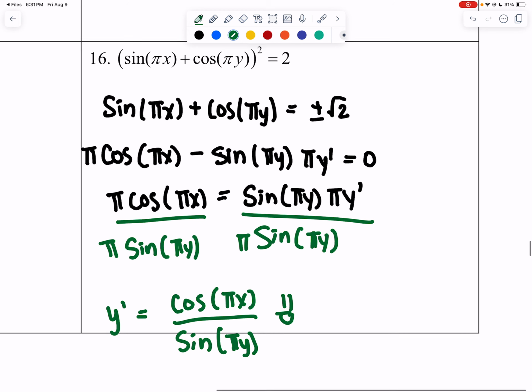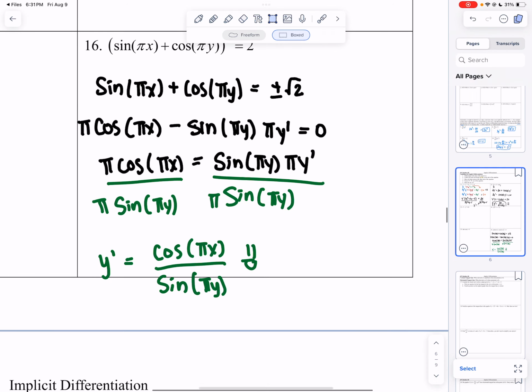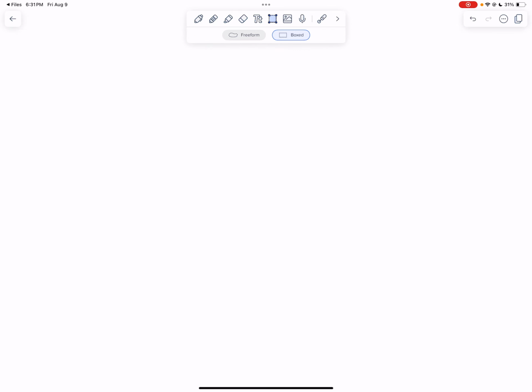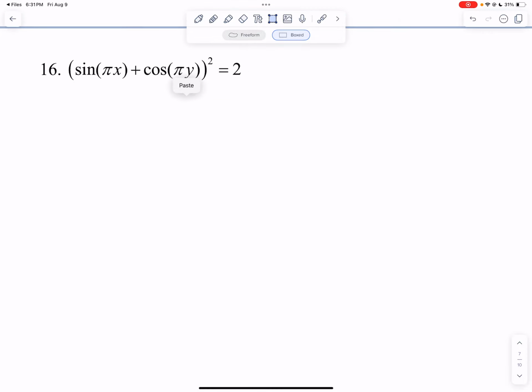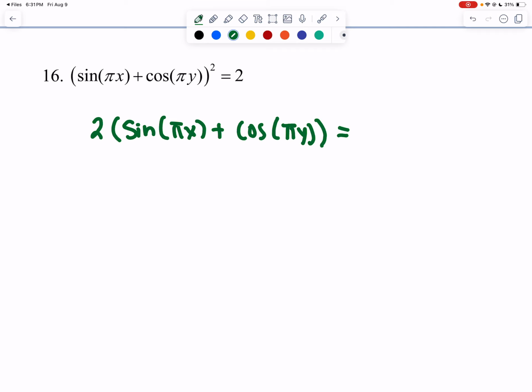Now, as a fun exercise, what we're going to do is actually use chain within chain and see how this is going to be equivalent to what we just found. All right, so if we do that, I'm going to have 2 times sine pi x plus cosine pi y is equal to, well, let's not do that. And then what we're going to do